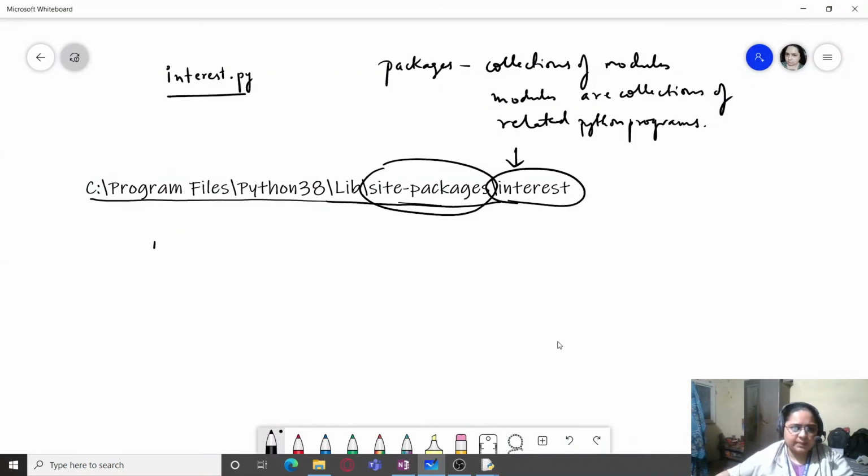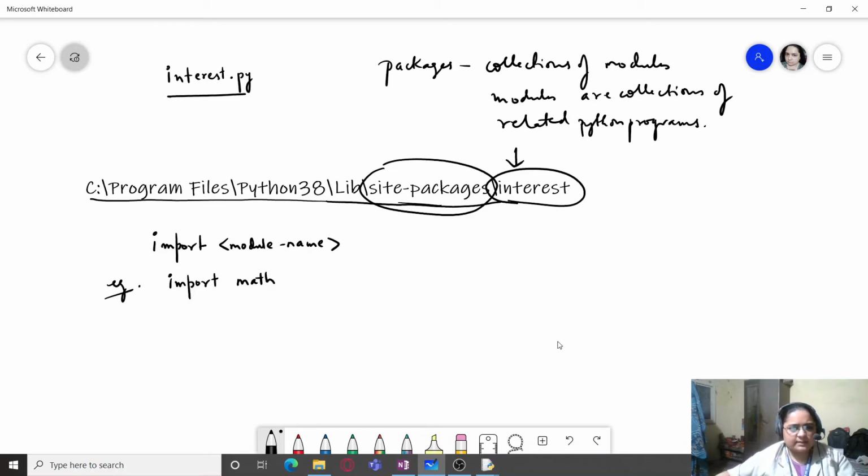So how do you import an entire module? For that you will simply write import and module name. As an example, I can simply write import math. In this case, if I have to use any constant or any function within math, then I will have to qualify that particular function with the namespace math. In our next class, we will be learning about namespaces.